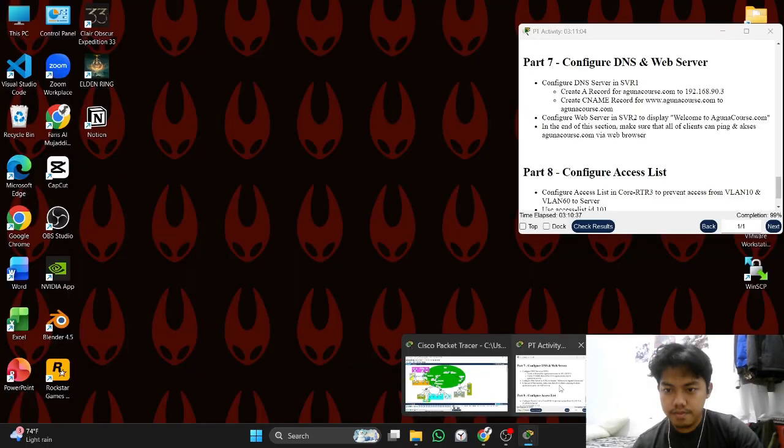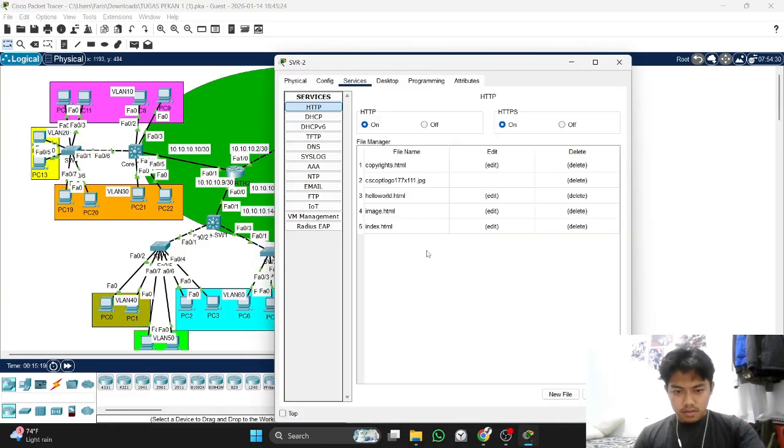To display, you click this index.html, click edit.